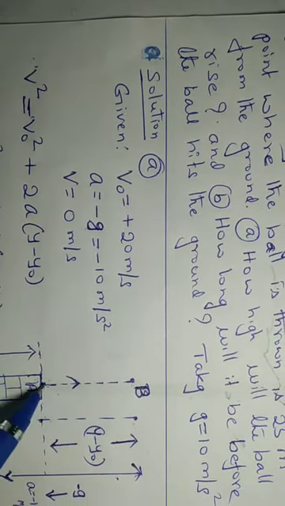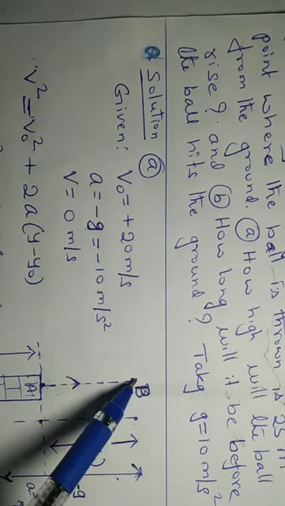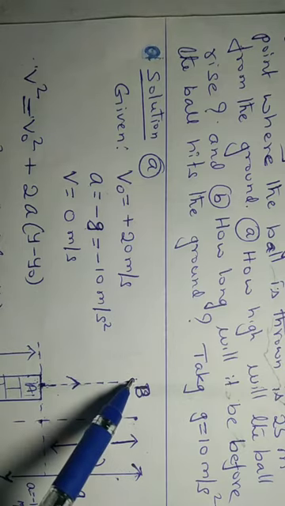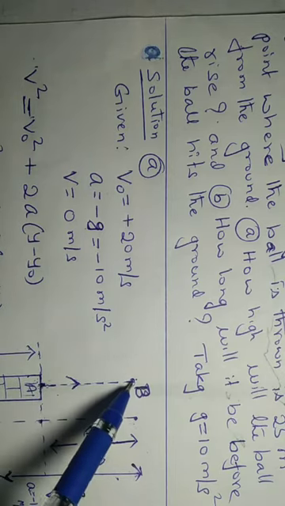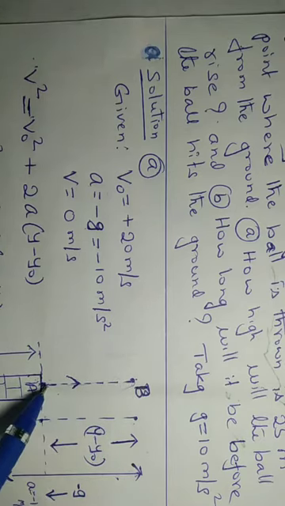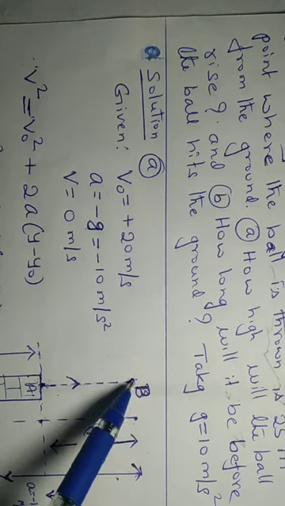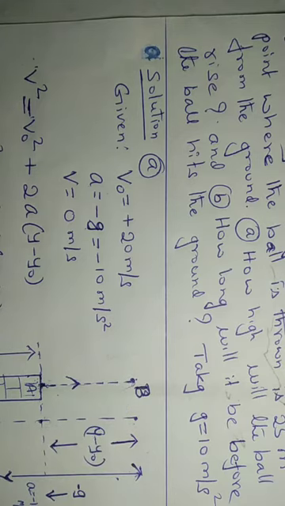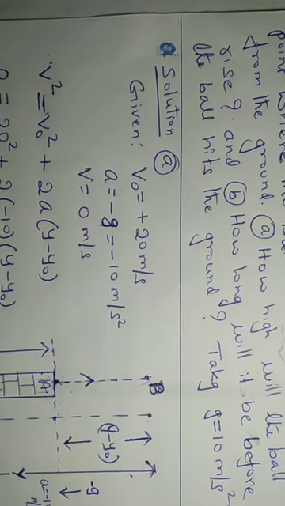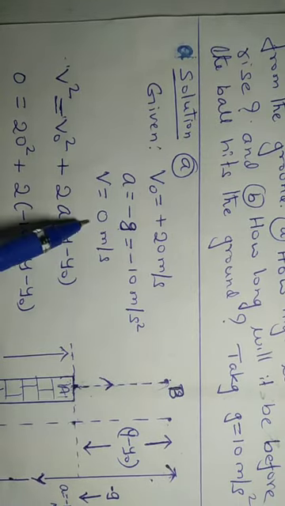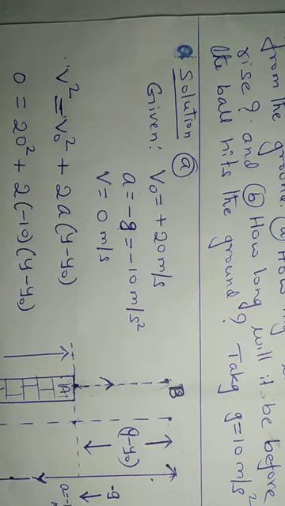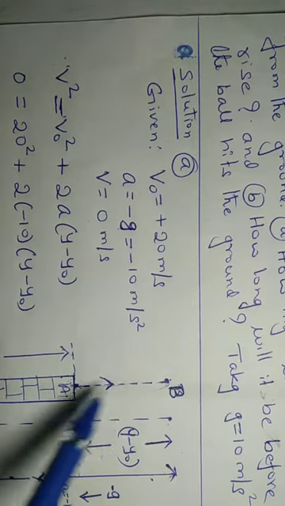So the ball rises, it stops, and it falls down. It is clear that when the ball reaches the point B, it stops and once again starts its journey downward. That means when it reaches the point B, its final velocity will be 0. Once again its velocity increases in the minus y axis. Therefore the final velocity at point B is 0. Understood?